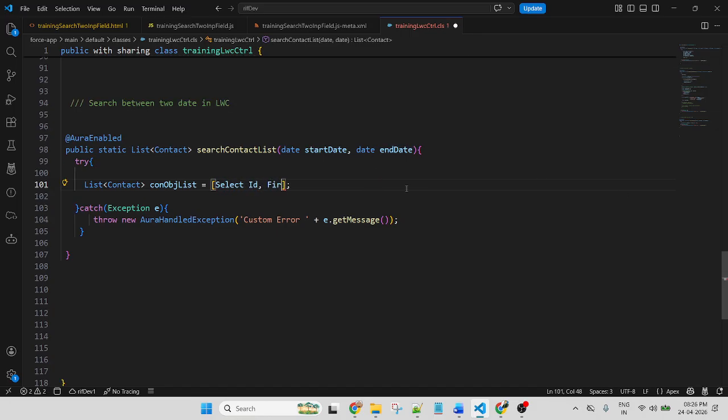Select Id, FirstName, LastName, Email, Phone, and here I will use CreatedDate, because based on the created date of the record, I will check and fetch the data.